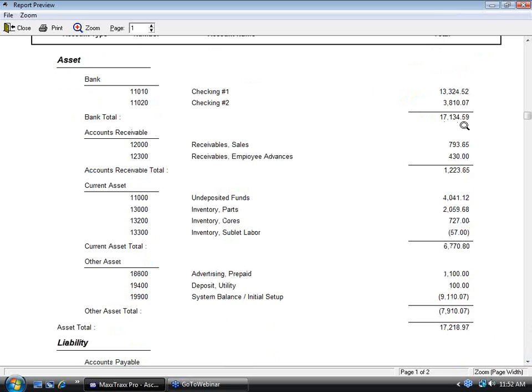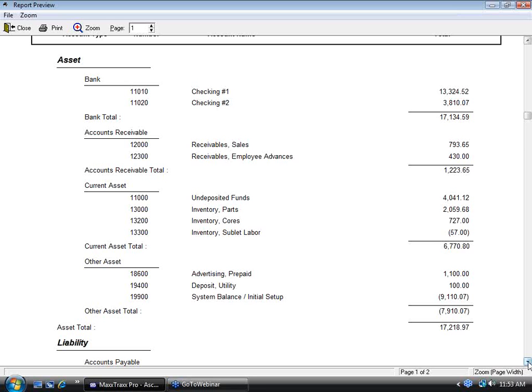So again, we have 17 in our checking accounts. People give us money, that $1,200. We have cash in our cash drawer. We get money back from CarQuest for the parts. And look at this, I even go to my Yellow Pages and tell them, give me that $1,000 back. And I even have a deposit in here. Now, let's not pay attention to our system balancing account for a moment, but you can see it looks like I have 27 grand. All fine and dandy,